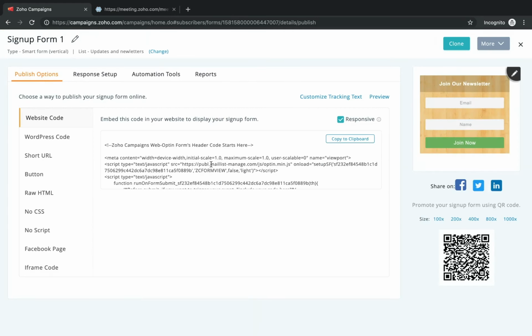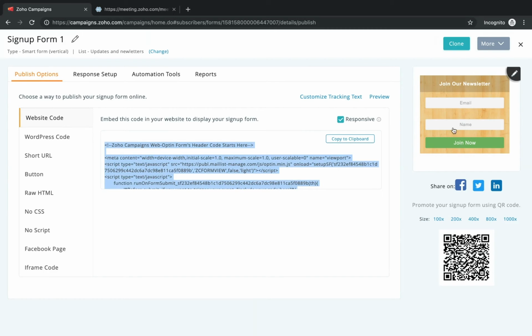So yeah, and this is the code which I can copy and paste to my website, where people who visit the website will be seeing the form, and they will enter their email address and name, and they'll click on the join now button. So that is like getting a consent from them to email them further.